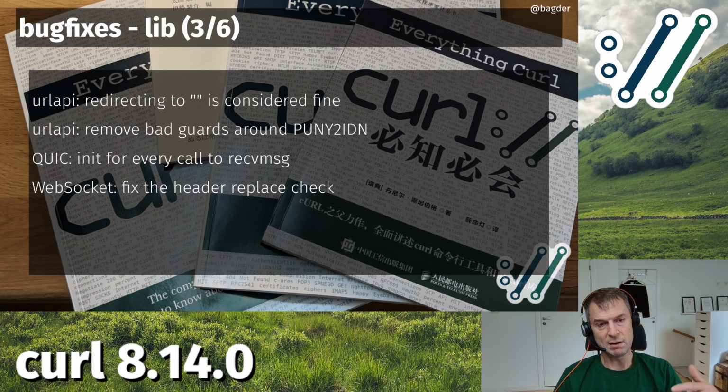When using WebSocket, you upgrade, you change to WebSocket, but you start out with HTTP and then you upgrade that connection into WebSocket. But since it's HTTP first, you can do things like replace a lot of headers in that initial HTTP request. In that initial request, you can add headers, replace headers, and so on, as regular with curl. But there were some flaws in the header replace mechanics when you did that in the WebSocket upgrade. And now it works better.